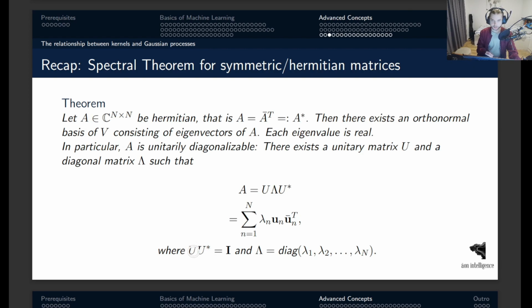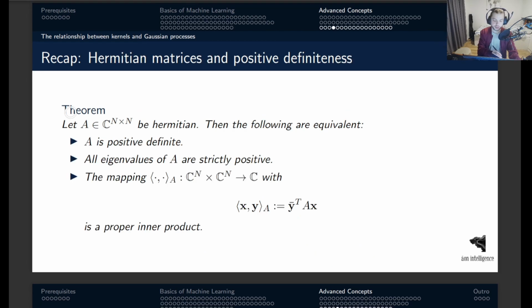So the columns of U are what's called orthonormal. And also we have that this matrix capital lambda is a diagonal matrix, where the diagonal entries are these n eigenvalues, lambda 1 to lambda n. Now let's have a look at the proper formulation of the lemma we've been abusing in the previous lecture, where